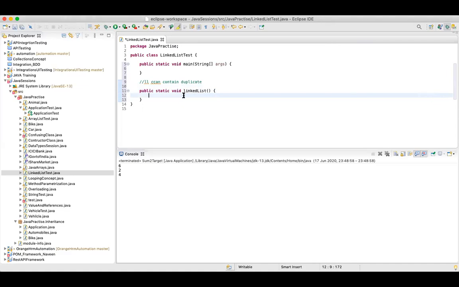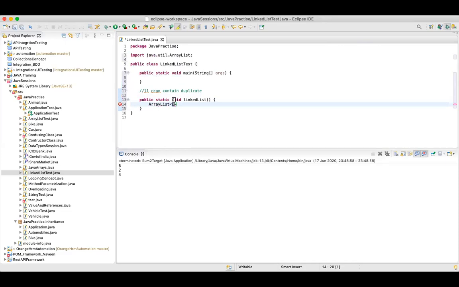ArrayList, and the type can be String. I'll give the name list, equal to new ArrayList. This is the way you can create an array list.